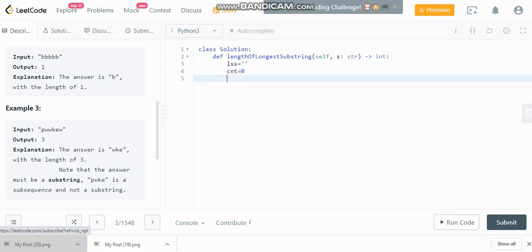Now we need to iterate over the string, not the substring, and check whether there is any repeating character or not.